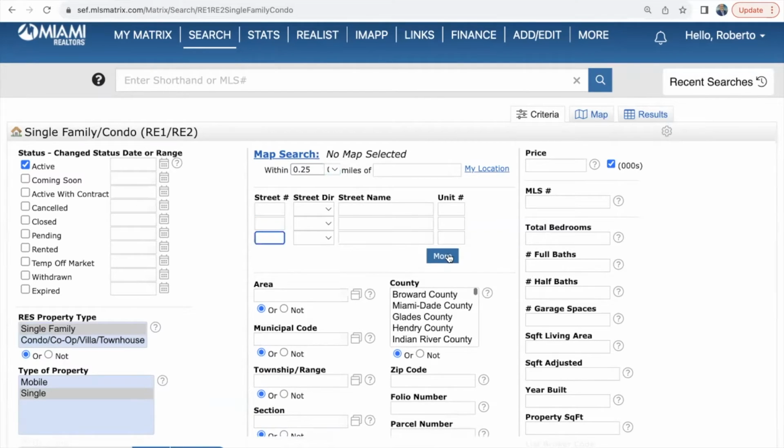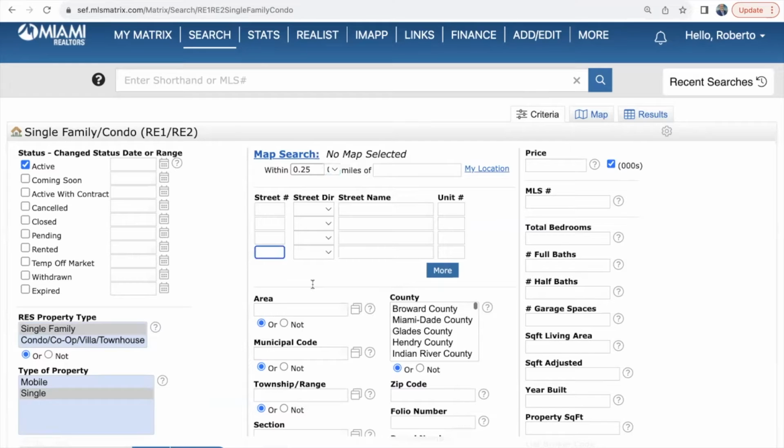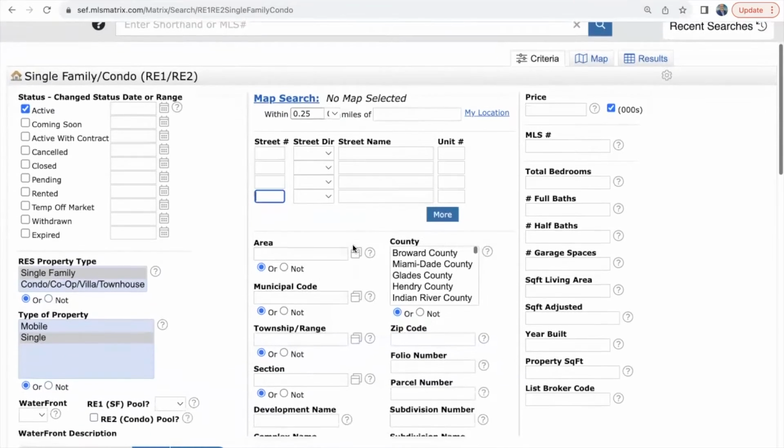Here you can enter up to 10 different addresses. So if you have a client that's looking for particular properties in a building or in multiple buildings, you can enter the multiple building addresses here. Do not enter the unit numbers. You want to see what's available in that building. I wouldn't use this for single family homes because it's going to equal that address that you enter there. So if you're looking for single family homes in any area, you do not use the address search. If you are looking for one particular address, then yes, you can use it. This is more for buildings when you're looking at condos.